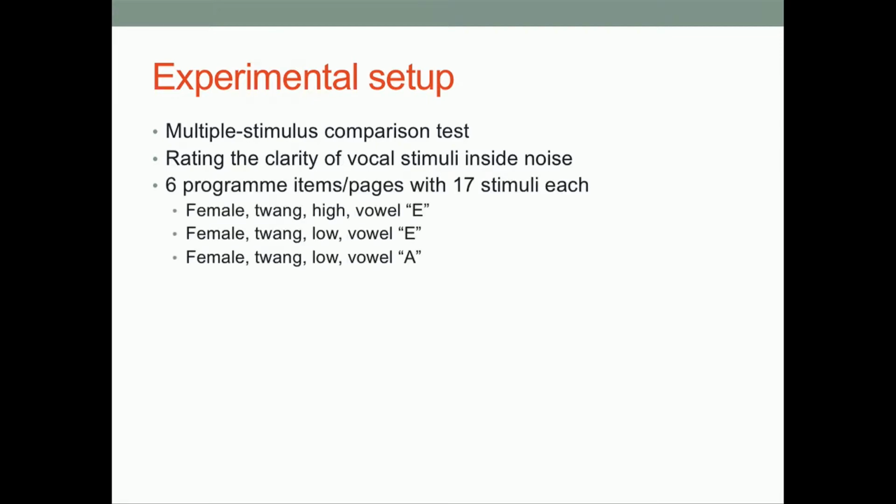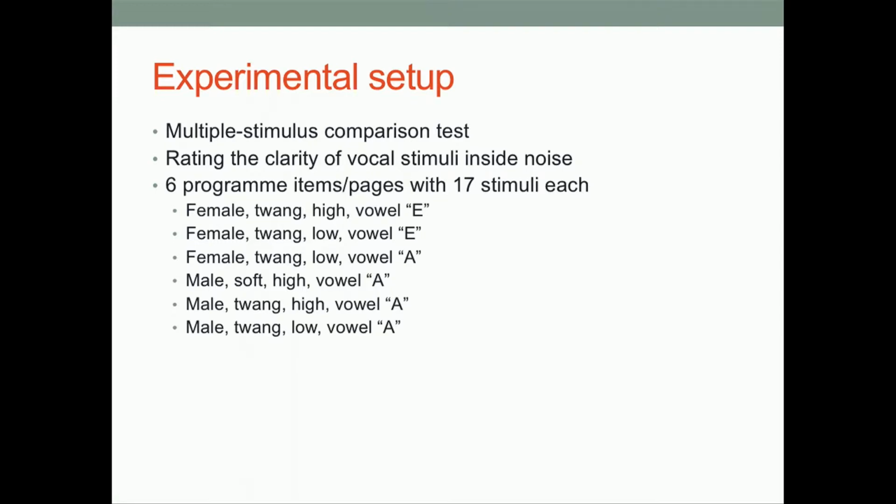And I had 6 program items, these. Program items being the recordings that I used. And for each of them, I had 17 different EQ'd versions. And just to go through them, all of them were just one note, because I wanted to reduce the complexity as much as possible to find out which things are most likely to influence vocal clarity, and to have as little variation over time as possible. So it's quite sterile and quite clinical at this point. But I hope to build on that and combine factors together.